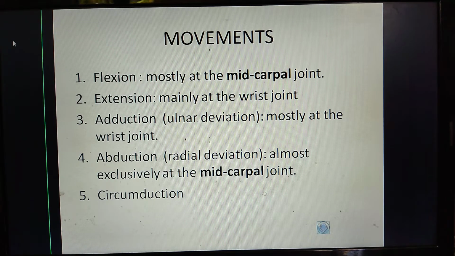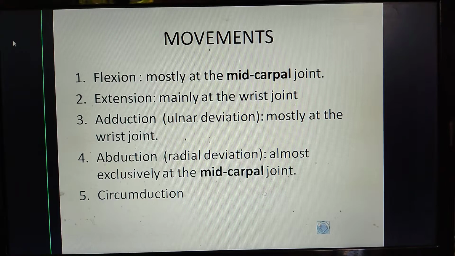Now, with flexed fingers, carpal flexion is diminished due to increased tension of the extensors. You can try it for yourself: after you have fully flexed the wrist joint, you will see the flexion of the fingers becomes more difficult because of the tension of the extensor muscles. However, extension is more limited. It happens to about 60 degrees, and this movement mostly occurs at the wrist joint.